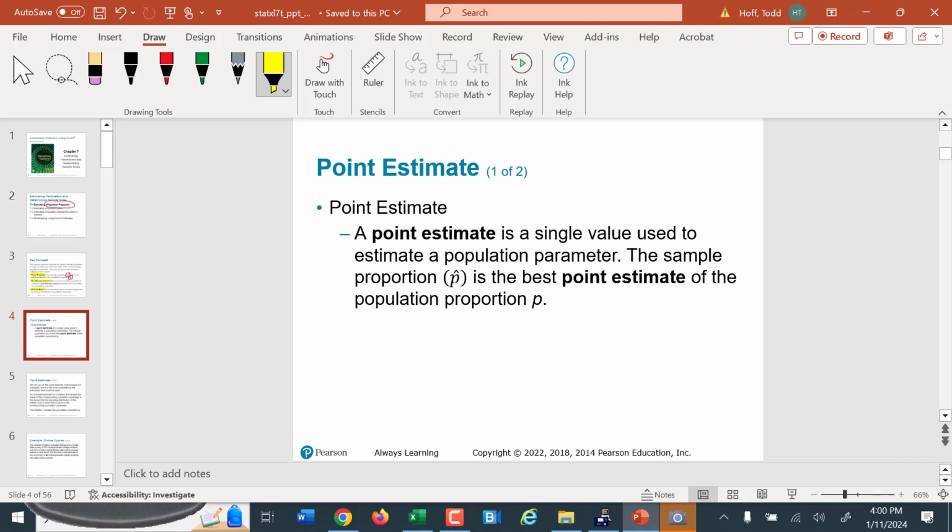So the point estimate, as I said, is just taking a sample and finding the proportion of that sample, that p hat, and saying that is the best estimate of the true population proportion, p. This is because, if you recall, in our sampling distributions from the last unit,